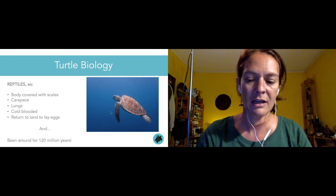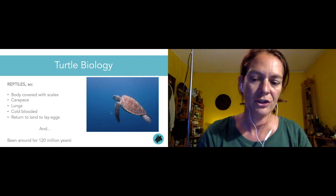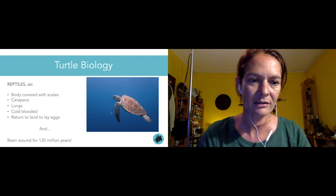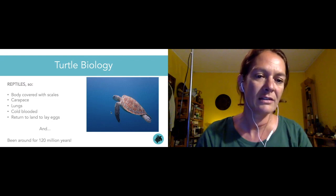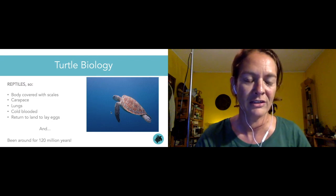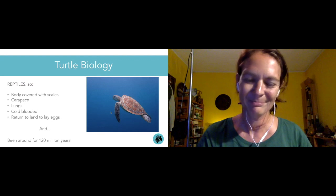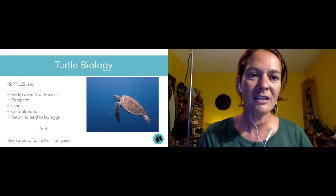They retain their connection to land. They actually originate from terrestrial ancestors. So they return to land to lay the eggs. And usually the nesting beaches are located in tropical and temperate beaches around the world. In the Indian Ocean,